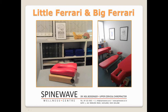The kids called this Ferrari, so we dubbed this one here on the left Little Ferrari, and that's for adjusting children, sometimes babies. And interestingly enough, I just want to digress for a second here, there's been a lot of negative media at the moment, especially coming out of Australia against chiropractors, pediatric chiropractic. There was a story about a baby's neck being broken, which, the facts were not correct at all. But because the media loves to sensationalize and haters love to hate,